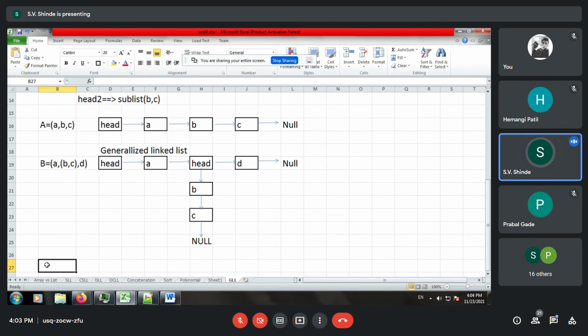So for practicing purpose, let us check with another linked list.